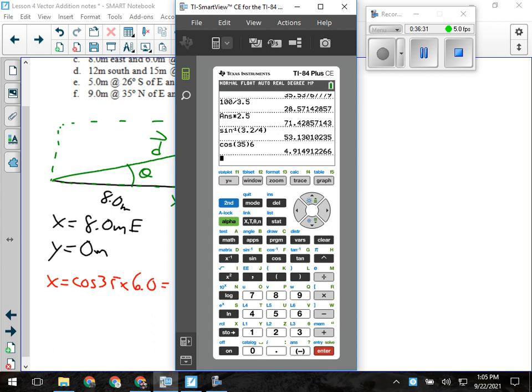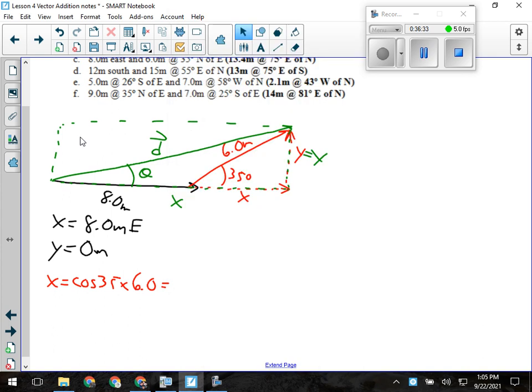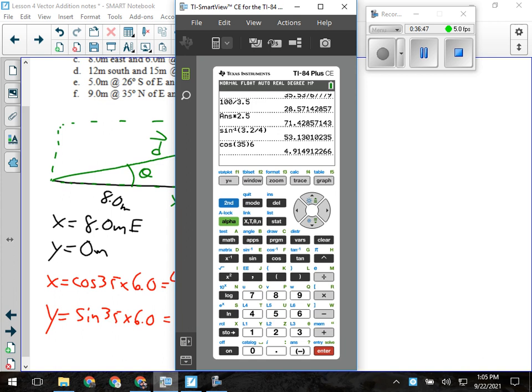Okay, so that's 4.91 meters east, and then the y component is the opposite side, so it'll be the sine of 35 times 6.0. Okay, 3.44